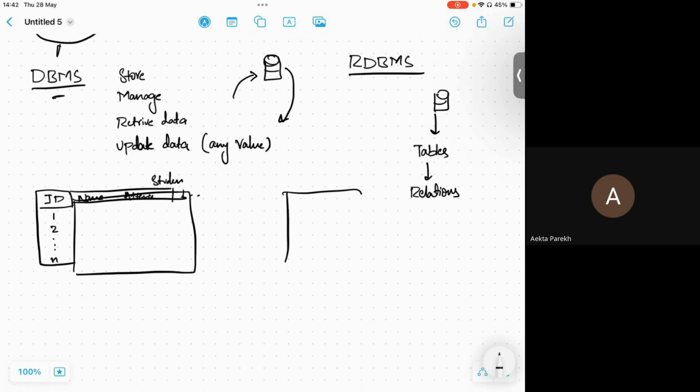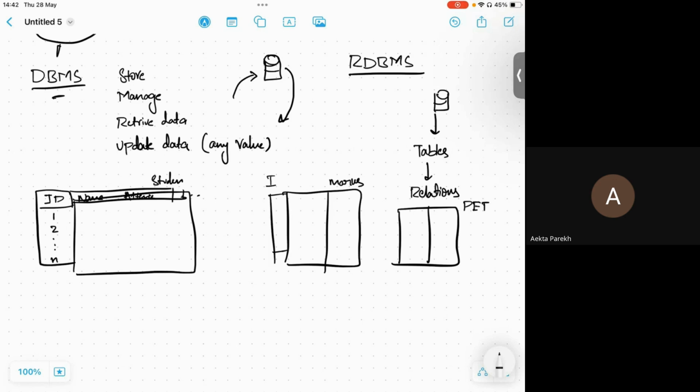Then if another teacher gives the mark sheet or their PET score, and we have the ID stored there, say student ID 36, we can directly reference that student here and fetch all the data in this table as well. That is why relational database systems are used more in real-world scenarios.